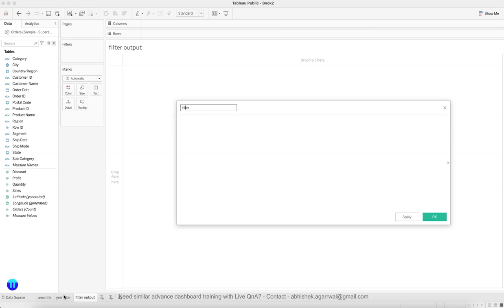So we will say filter output, the relevant name, and we are saying if year of order date. First of all, we need to pick this order date. The way you can do it within Tableau is when you click on this, it gives you the option of output as count, that this is 1, or if you have made 2 selections, then 2. So the way we are doing this is we are saying COUNTD of year order date,